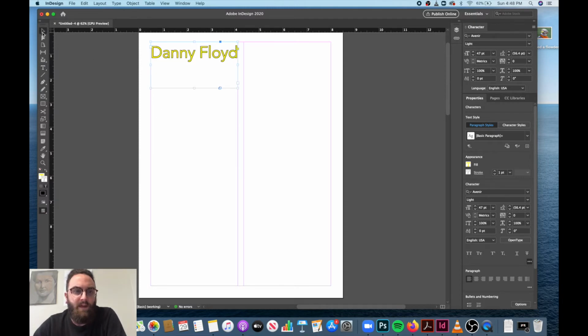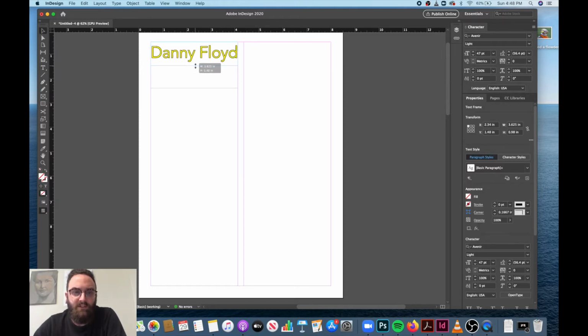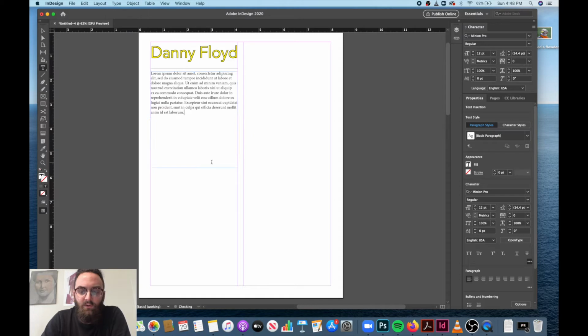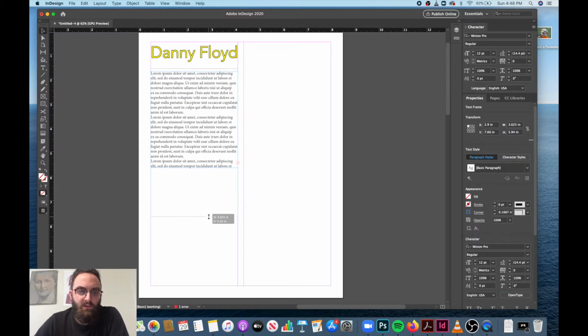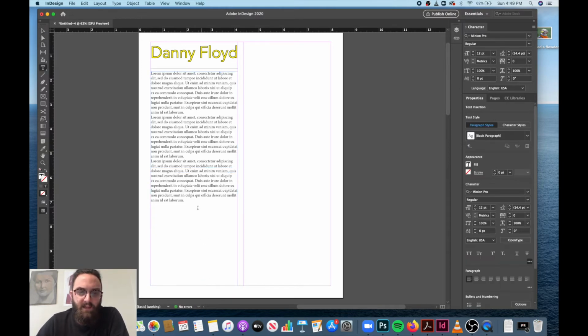So I'm going to go back to my selection tool and see you can change the size of the box with the selection tool now that we have it on the page. So another thing I'm going to show you about the text tool is more related to whole paragraphs of text. So I make a text box, and now I'm just going to paste in some text. So as you can see, the amount of text I have is longer than the size of the box. I mean, one thing I can do is take the selection tool and change the size of the box. But say it keeps going